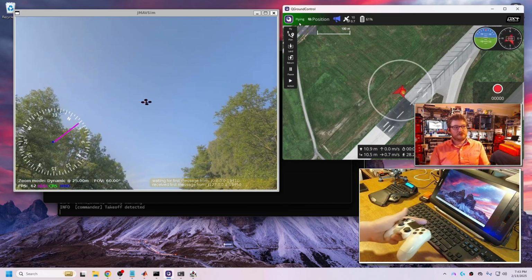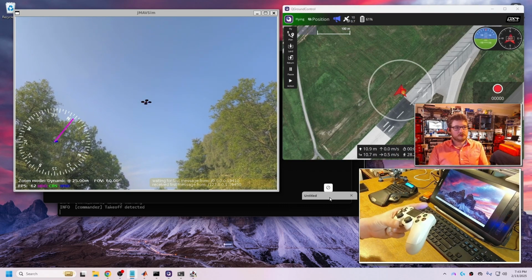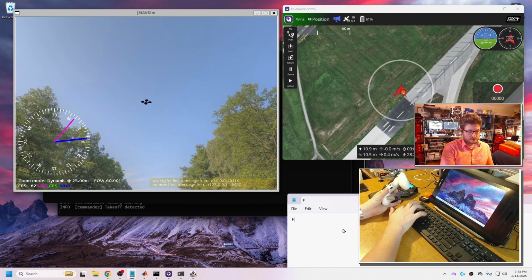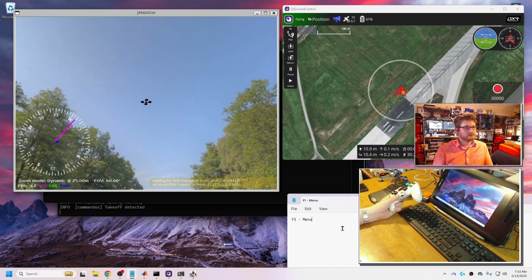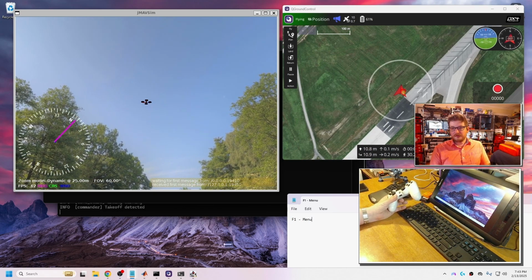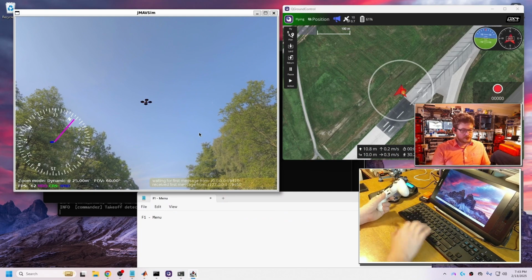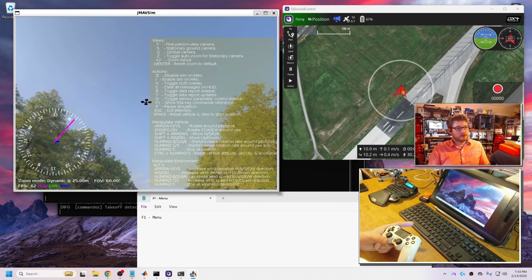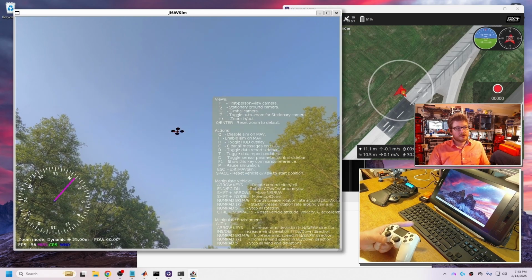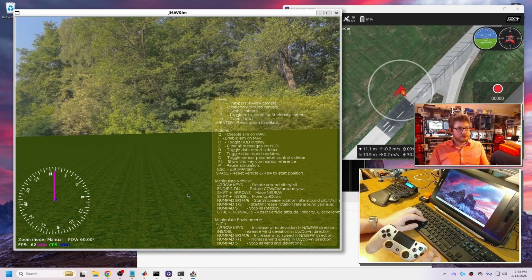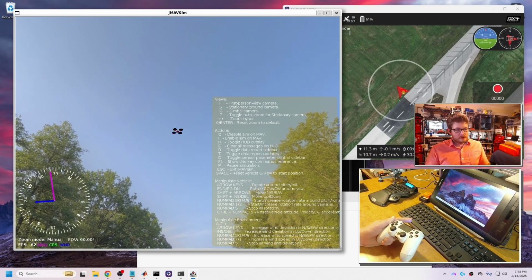In jMAVsim, you may be wondering what you can do with it. The big thing you want to know is the F1 key. There's no menu without it. F1 equals a menu. So if I click here and I press F1, I get a pop-up of all the menu options. If you're curious what something does, there's different views, first-person view, the stationary ground view. So with that,